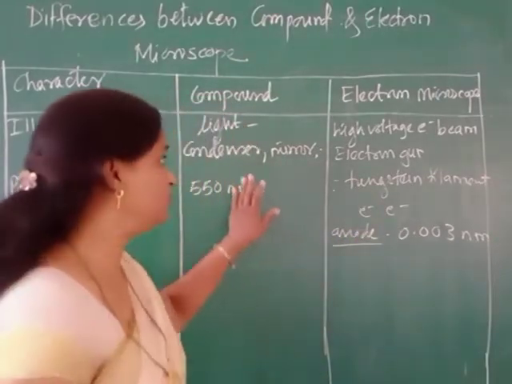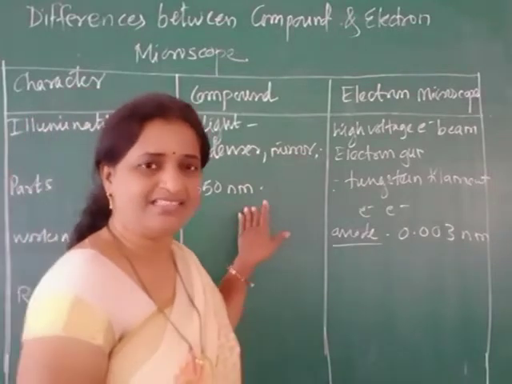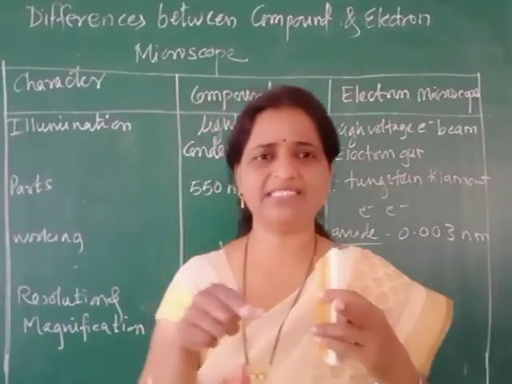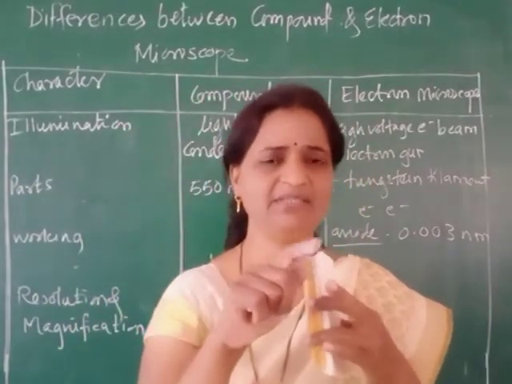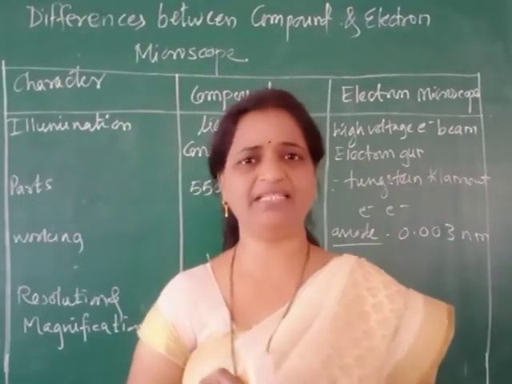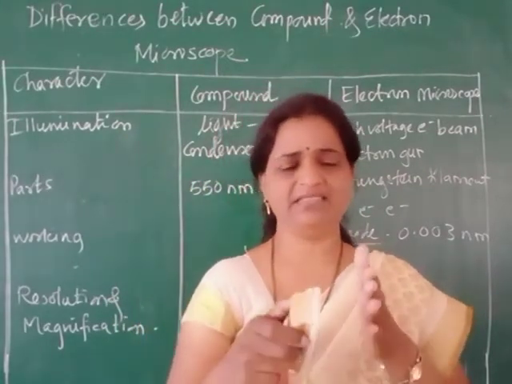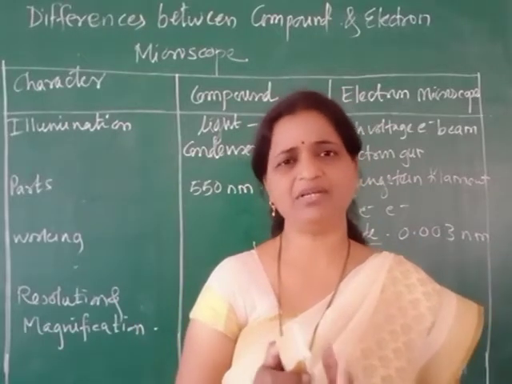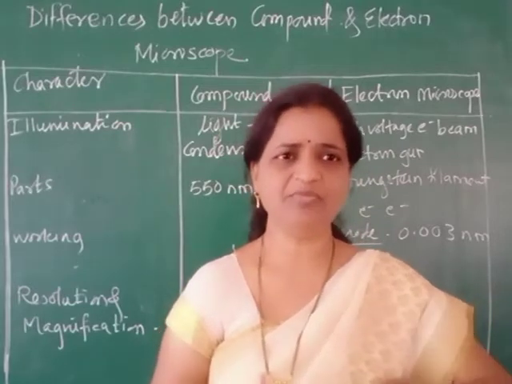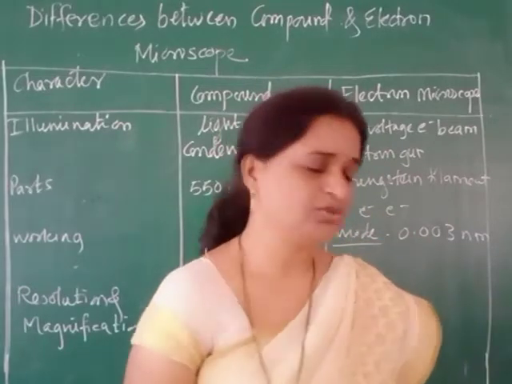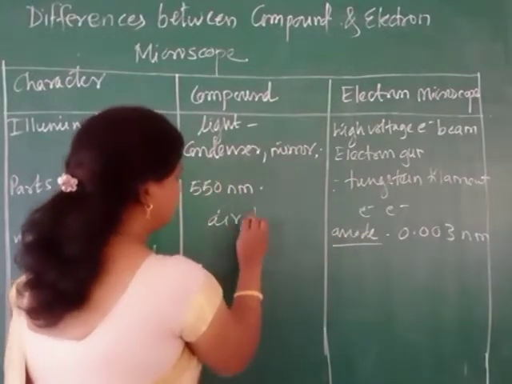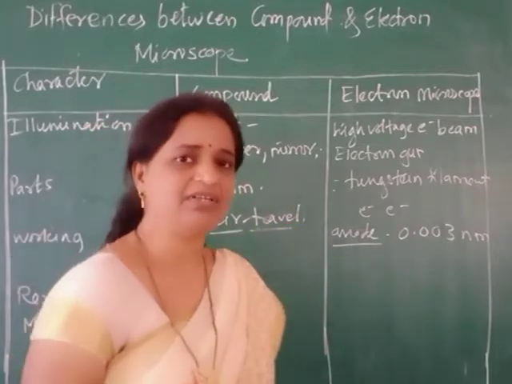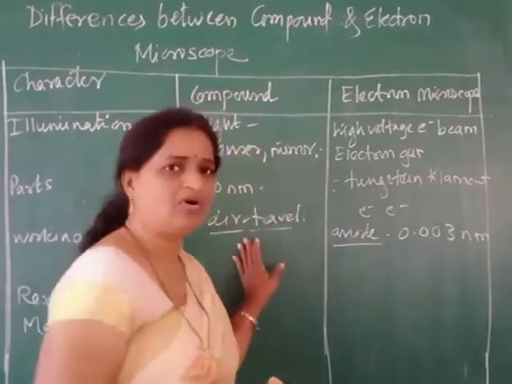At the same time, one thing we must remember, when you generate this high voltage electron. First of all, we will go for the compound microscope regarding this illumination. Here all of you know that when that light beam passes from condenser, it focuses on the object. From object it was given to the objective and finally to the eyepiece. While passing, all of you observe that in compound microscope there is no compartment. Compound microscope is open in air, so illumination of light was done in the air. So air is the medium for the travel of light.